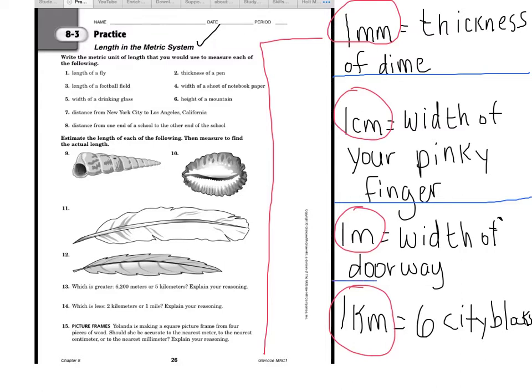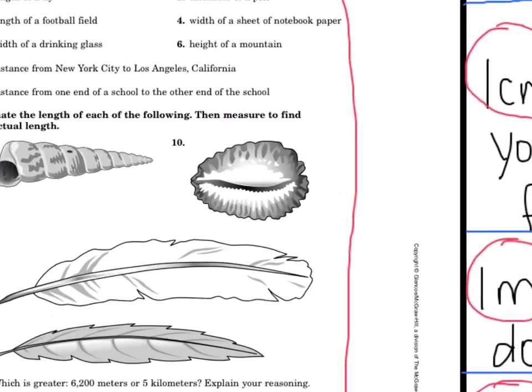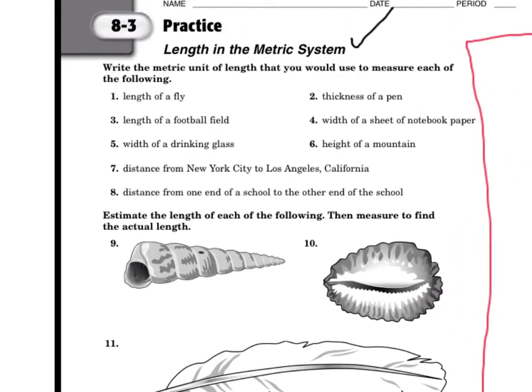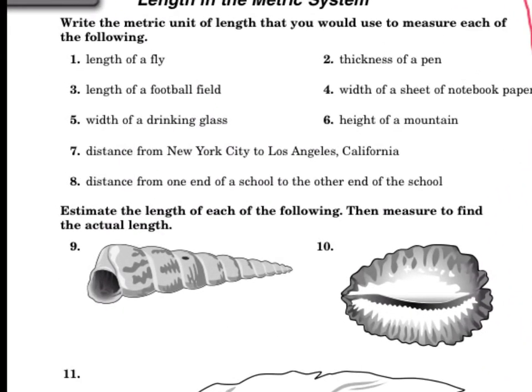1 meter, that is about the width of a doorway. So across is 1 meter, about. And then 6 city blocks is about 1 kilometer. And what we're going to do is write some examples, or we're going to identify how long some of these examples are. The length of a fly,